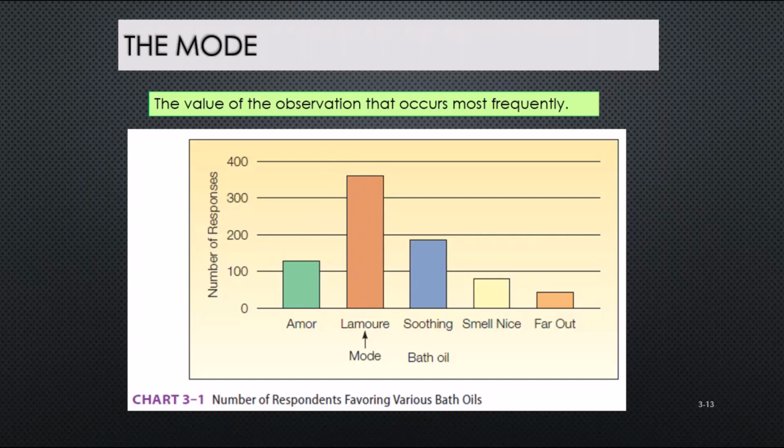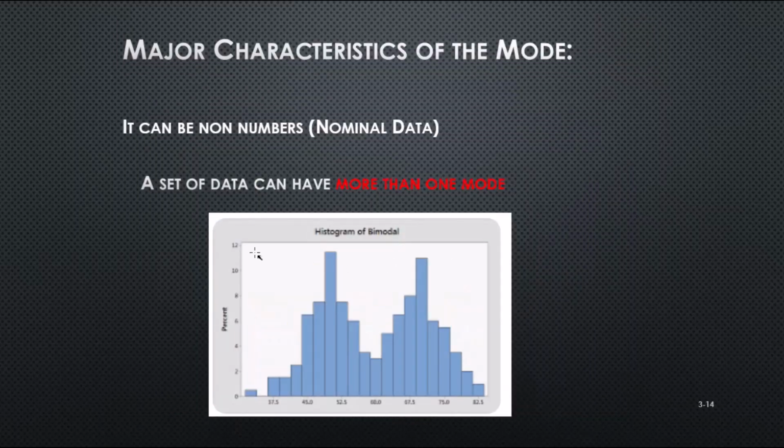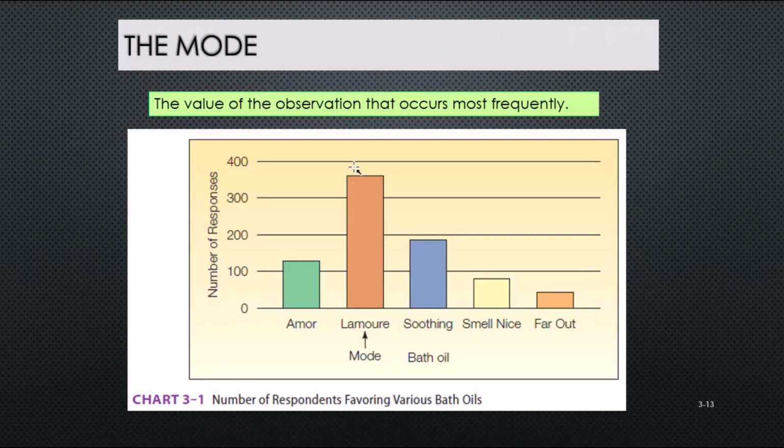Now, the problem is sometimes with mode, you could have a set of data like this one where we have two modes. And that's okay because we don't use the mode in the same way that we use the median and the mean, because we're not calculating certain statistics. This is what we call nominal data, because, as it says here, you don't have to have numbers. These could be how many apples and how many bananas and how many oranges. And we say, oh, well, we have more bananas than we do oranges and apples.